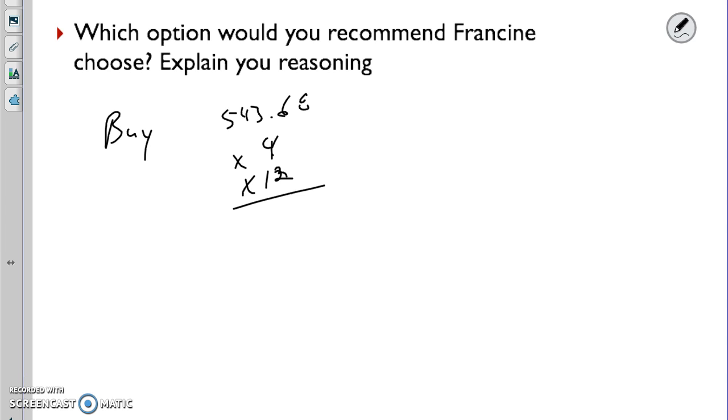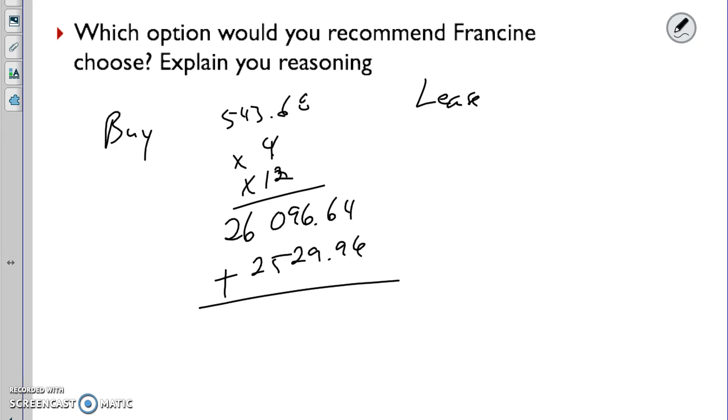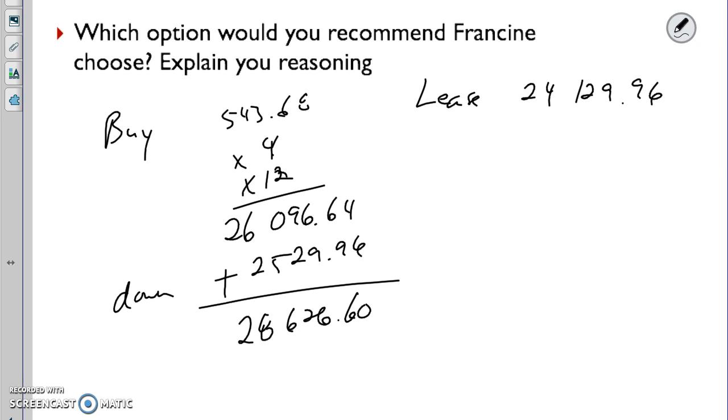543.68 times 4 times 12. Oh, then I do that. 26,096.64. Plus they also paid a down payment, right? We took off the down payment, so we're going to have to add that 2,529.96 as well. I apologize here, you guys. We're going to add that. So that's going to be a total cost of 28,626.60. And when you leased, we already figured this out. The lease total cost was 24,129.96. I mean, yeah, it's still cheaper to lease, about $4,000 cheaper, but